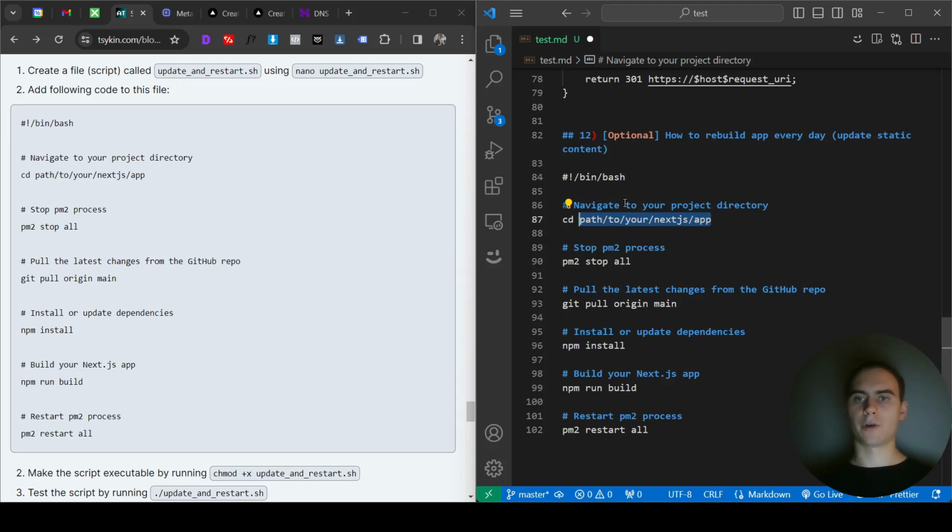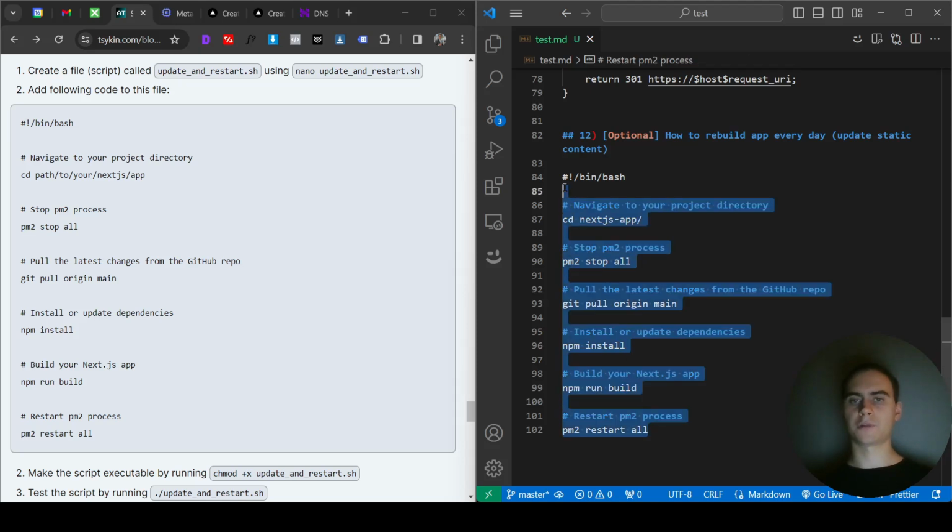So first we need to navigate to our project directory. For me, the folder where my Next.js app is, is this one. So I cd into this one. So we open this folder. We stop all PM2 processes, which stops our app from running. We pull the latest changes from the GitHub repo. So git pull origin main, for example. Of course, it might be different for you, so make sure to modify this part of the command for your needs. And we do npm install, we do npm run build, and we do pm2 restart all, which basically restarts